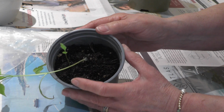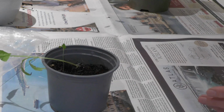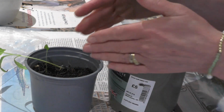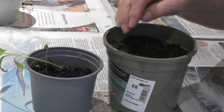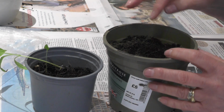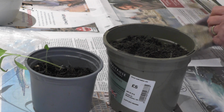I'm going to do this in close-up because that way you can see exactly what I'm going to do. So here is a pot ready prepared. You'll notice it's only a little bit bigger than the pot that the seedling is in. With all potting on of seedlings, it's important to gradually go into a bigger pot. If you take a small seedling and put it in a big pot, it won't thrive. So we've got it in a little pot, and what I've done, and just to emphasize it,